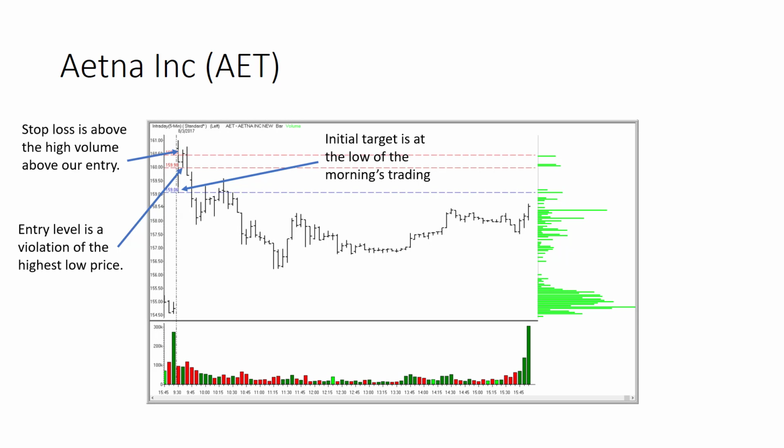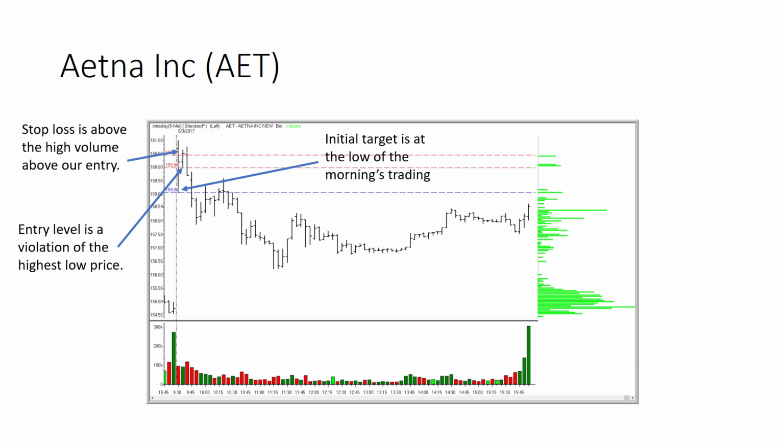Our stop loss is going to be above a high volume threshold. So if you look over on the right side of the chart, you can see our volume by price data. This makes for a really decent stop loss on this. I'm not confident of putting it just over the high of that entry bar of that second bar of trading, primarily because the tail of the first bar was up as high as it was. So I just want to look for a significant level of price activity.